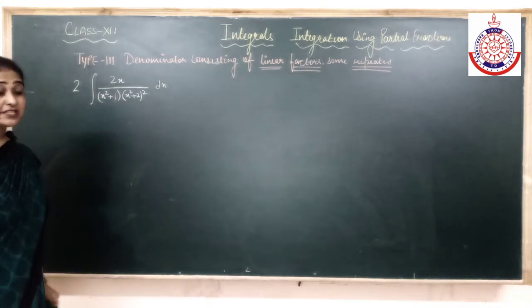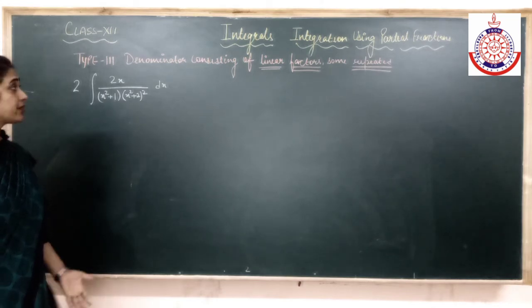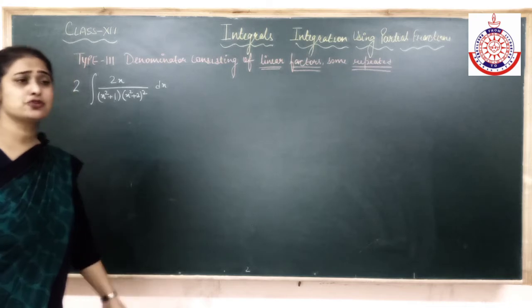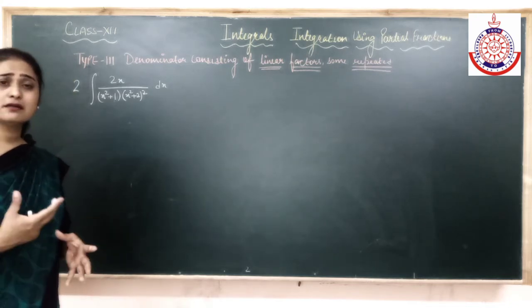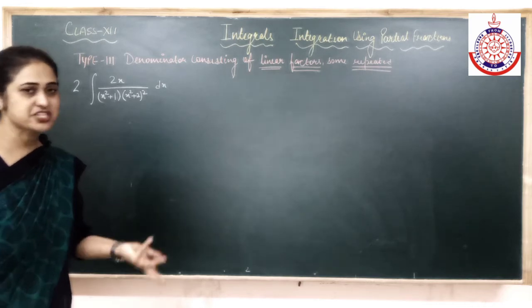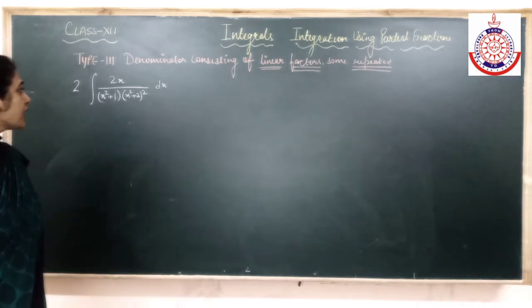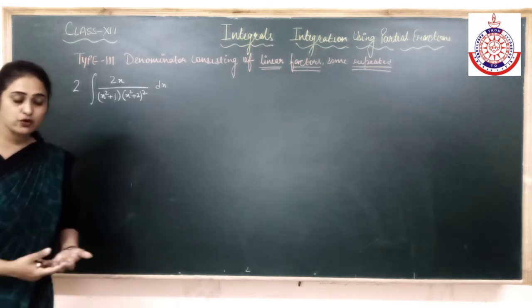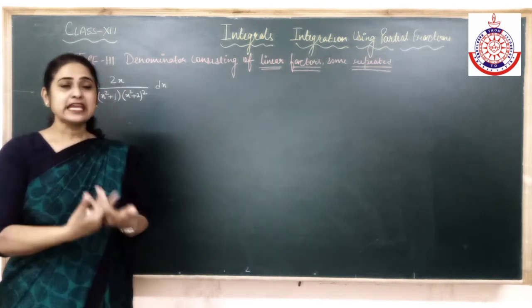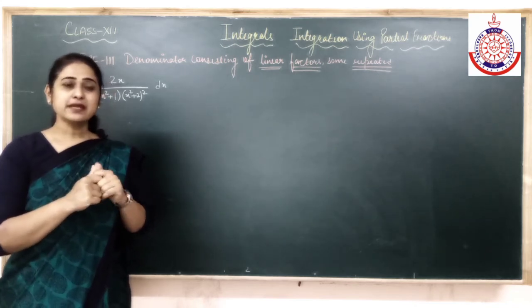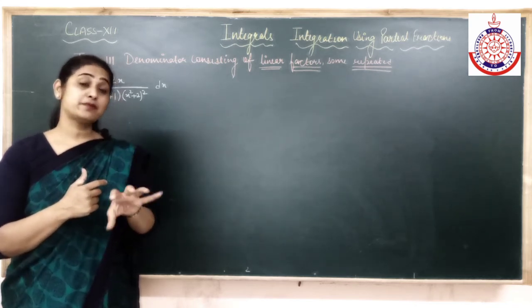if I directly apply partial fraction, it's a big question and it's not under my type 3. But that doesn't matter. In an exam, you will not get questions according to the types. It has to be a mixed question. You have to see under which type it falls. Alright? But always think before drawing a conclusion. Can I make the question a little easier? Can something else work before I come to some particular form?